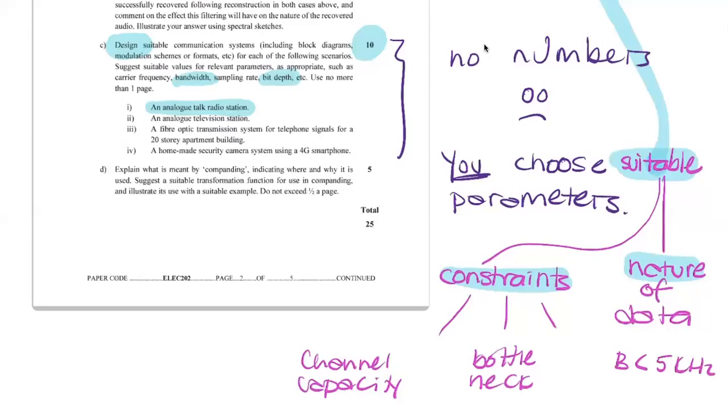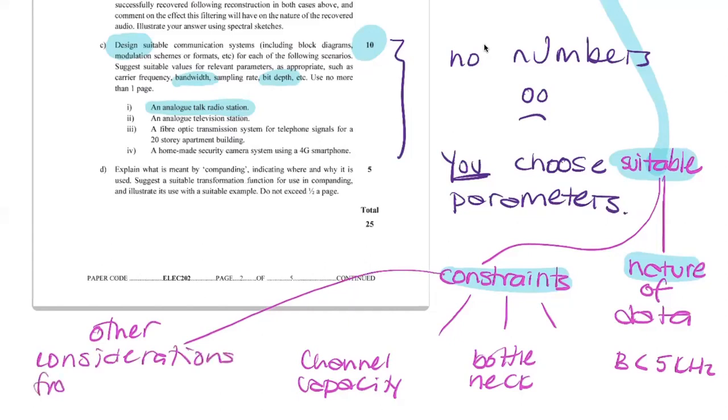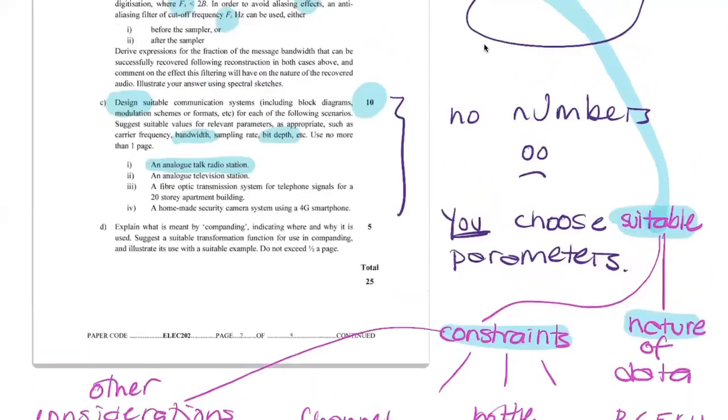So when choosing a suitable parameter, you need to think about the nature of the data. You need to think about constraints. Another constraint is other considerations from the question itself. The question might give you constraints, other considerations from the question. So looking at this question again,